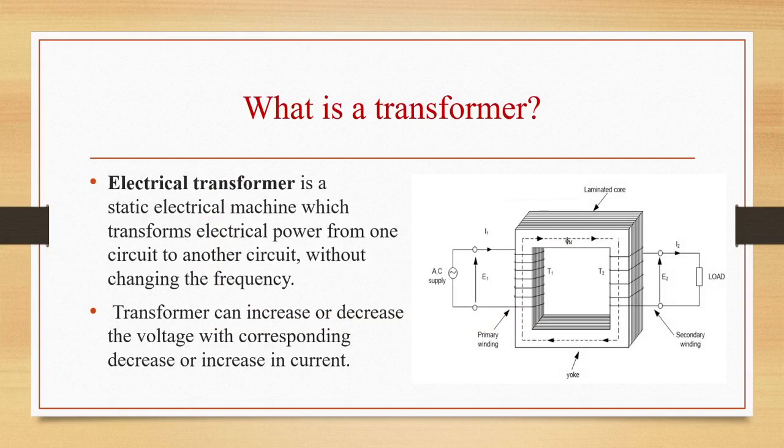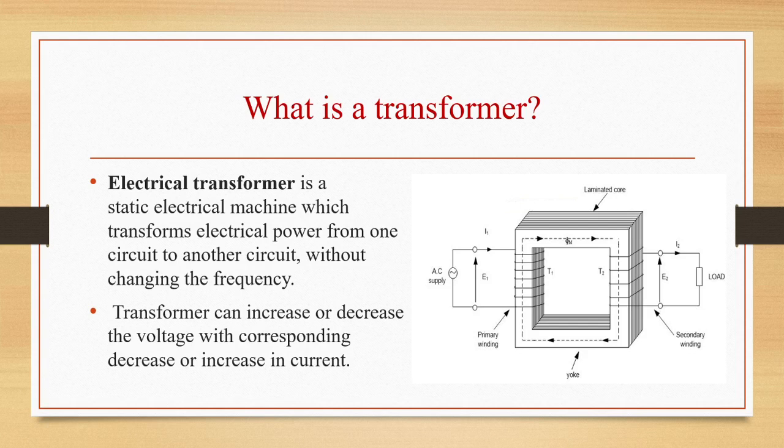So here, if one coil is connected to a source of alternating voltage, like if I say this is the primary winding and this is the secondary winding, if the primary winding is connected to a source of alternating voltage, then alternating flux will be set up in the laminated core and most of this will be linked with the other coil, in which it will produce mutually induced EMF, and this is according to Faraday's law of electromagnetic induction,